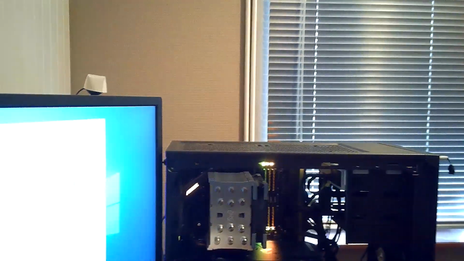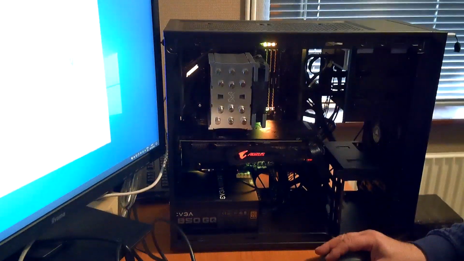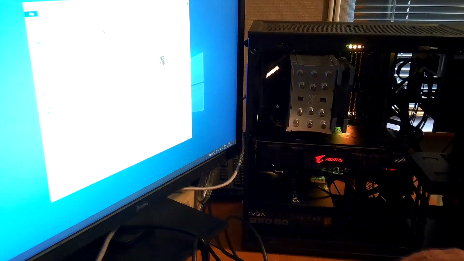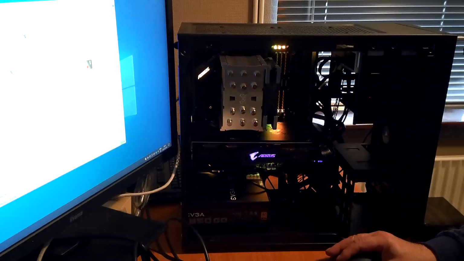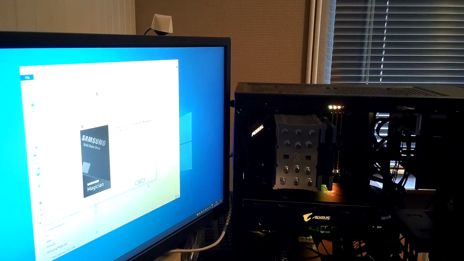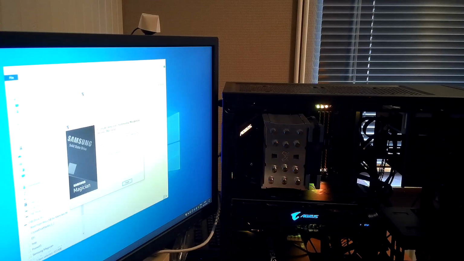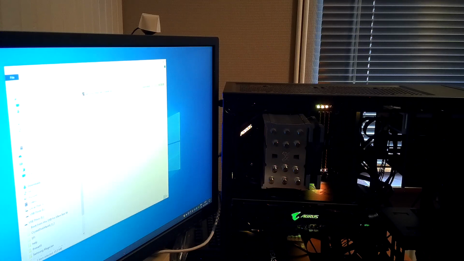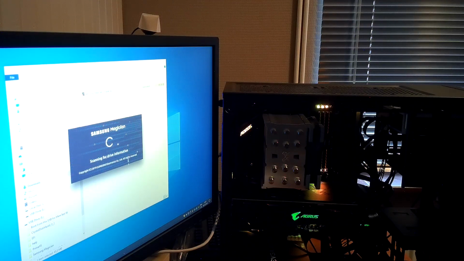Please wait. Give you some clue on the screen. Samsung. Finish. Then it will start the software immediately.